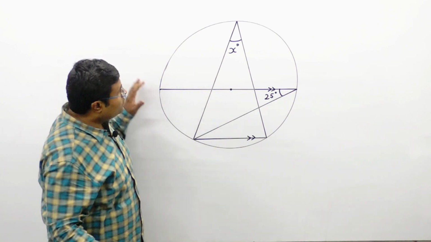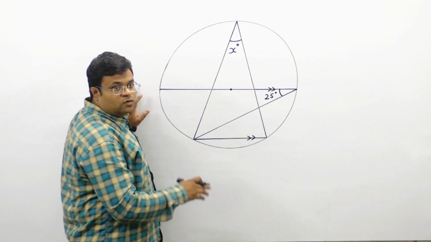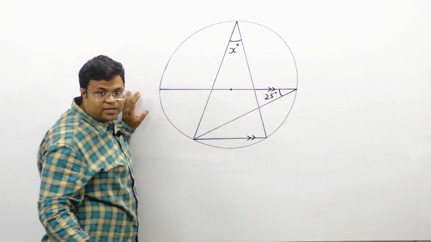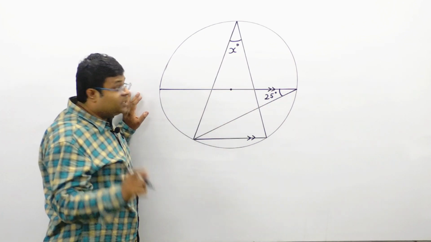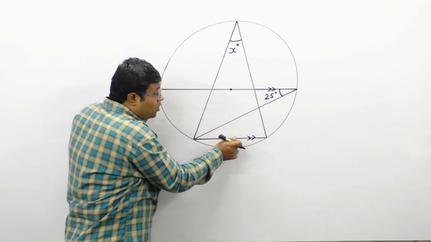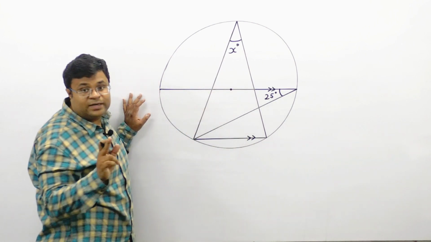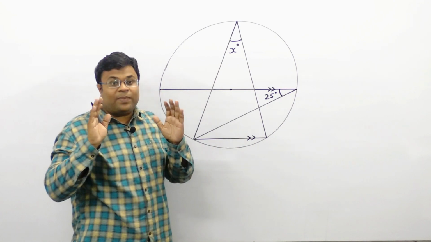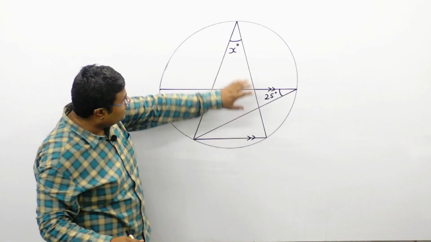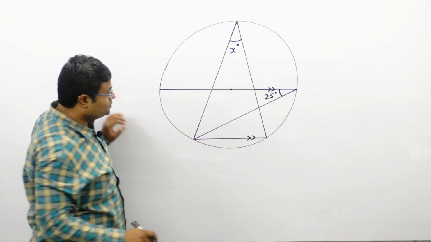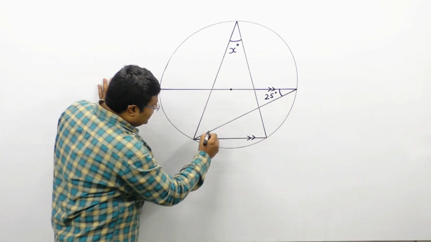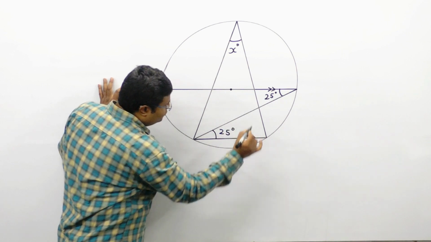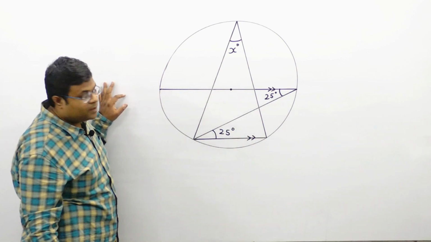So first, when you want to solve this question, let's have a look at the information given. O is the center, this is the line, this is the diameter. A very important piece of information is that this base chord is parallel to that diameter. Keep in mind that if you are not using the parallel concept, you won't get this angle x. Alright. So first, let us mark this angle as 25 degrees. How do you know this angle will be 25 degrees?